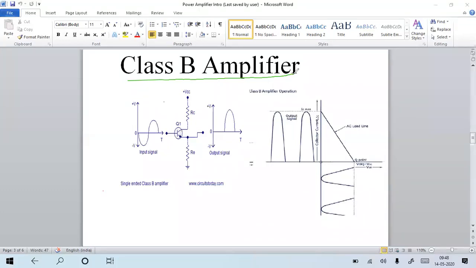In the circuit, the difference is only the size of the transistor. In a small signal amplifier, the transistor size is small. In a power amplifier, the transistor size is large. That is the major difference between small signal amplifier and power amplifier. The power amplifier has to be used in the last stage of the amplifier system. In the beginning stages of the amplifier system, they use small signal amplifiers.